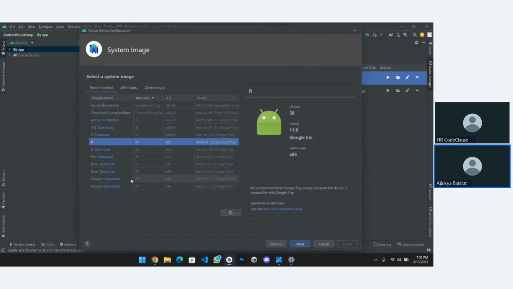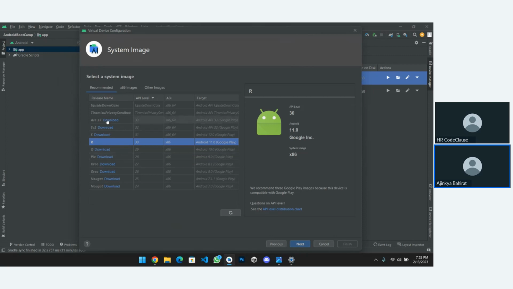Next, as you can see here, you see the different API levels and different ABI levels, and the targeted Android version. Target means the Android version which we are using, and here are the release names like R, S, Q, Pie, Oreo, etc. Currently I downloaded the R one. If you want to use the latest API level 33, just click on download. It will start downloading.